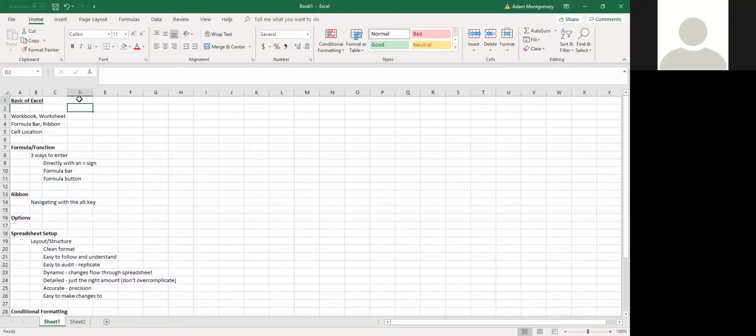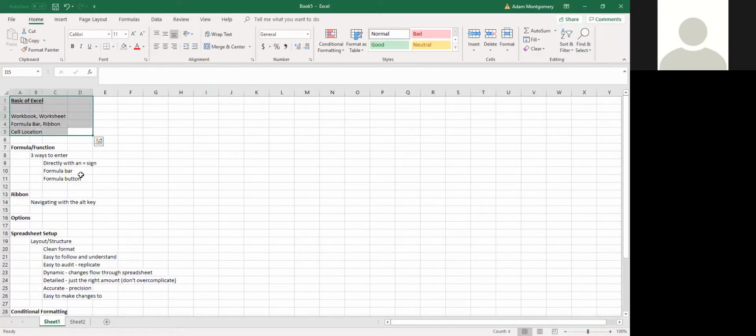Real quick, a basic Excel use is to bring in data and transform it into usable data. You can bring in good data or bad data, and you turn it into good data, turn it into a report, turn it into something useful. You can have as much data as you want; it doesn't matter if it's not useful. So with that,